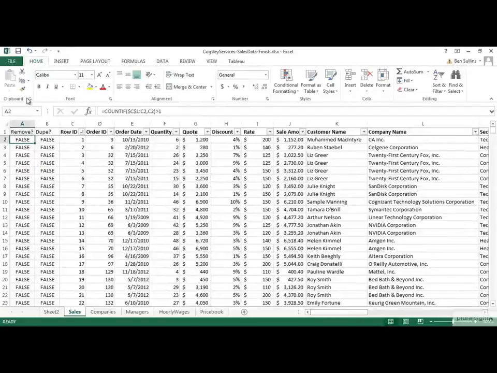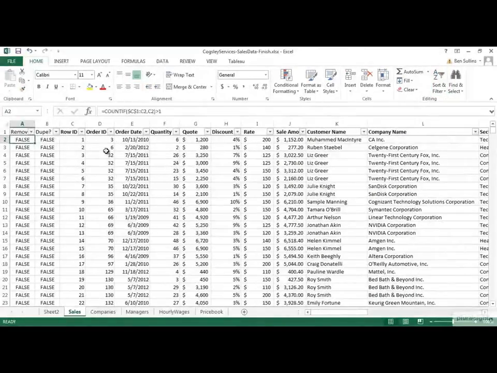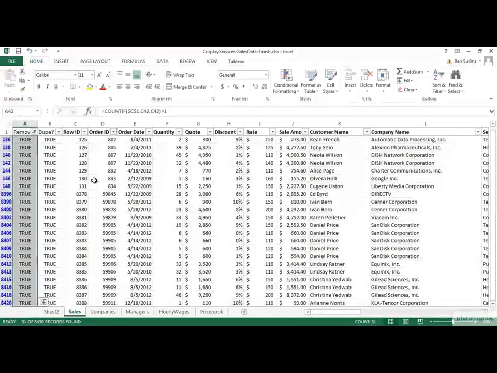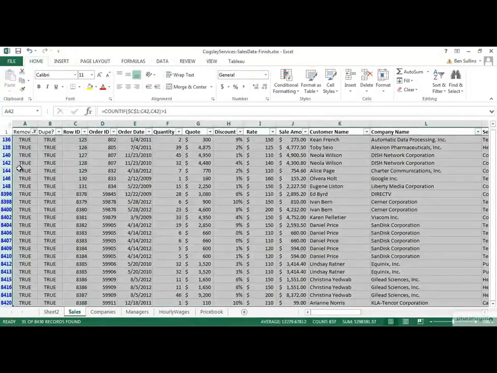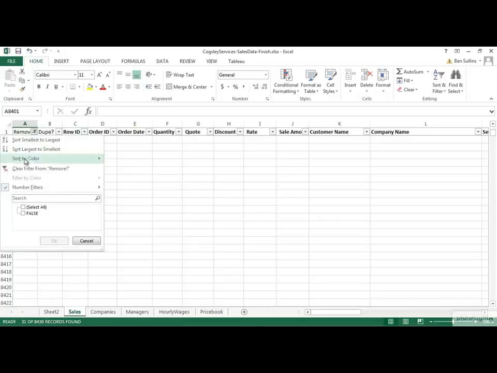So what I'm going to do now is add the filter to this, that way we can actually just find those and then remove them. I'm going to click over on sort and filter, say filter, that'll remove the previous ones. Click it again and it adds it to all the rows. Now I can just go here and say true. And there you go. I'll highlight all these rows here, and I will right click and delete row. Okay, now when I go ahead and clear my filter,